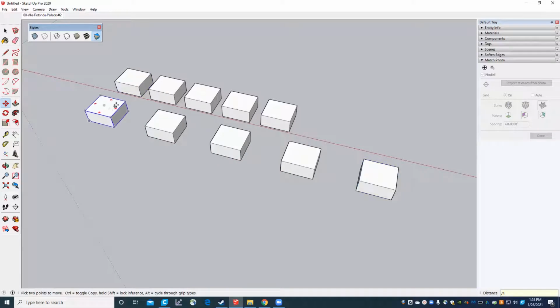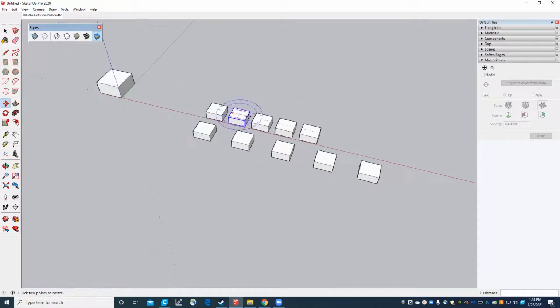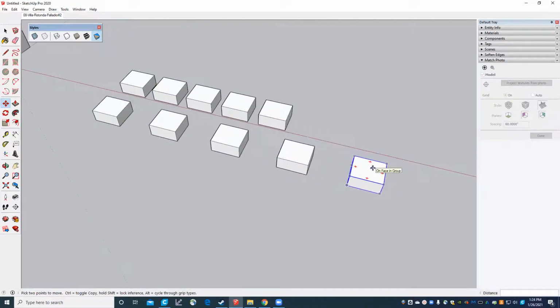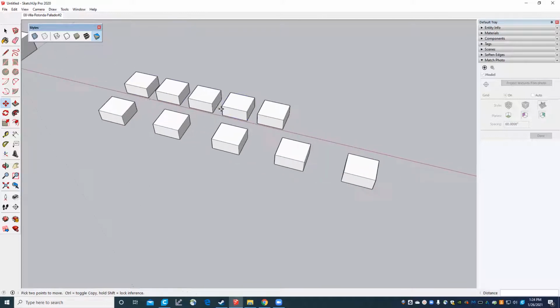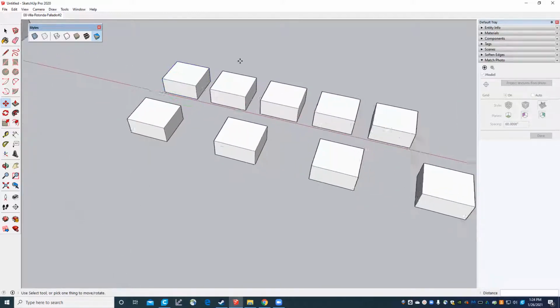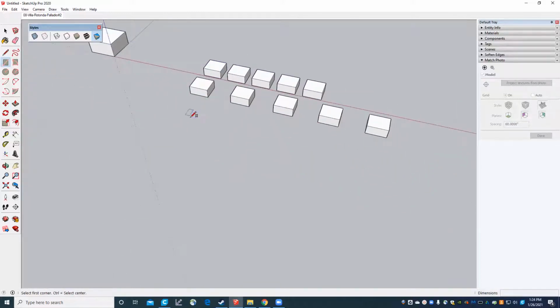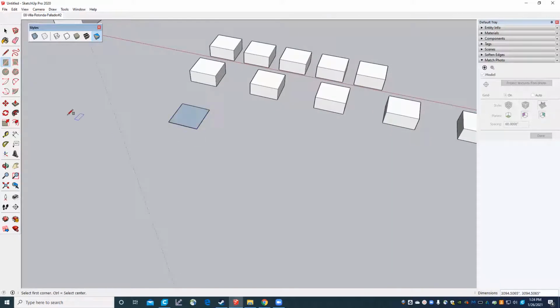So I've taken the distance from the first one to the last one I put, and I divided that into 4 different groups. You could say I've added 4 instances of copy, or I made 4 spaces in between. So those are 2 ways that we can make an array, and it gives us the opportunity to duplicate content that we've already made. I'm going to do the same thing here,